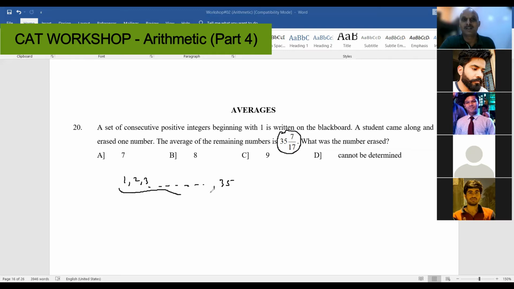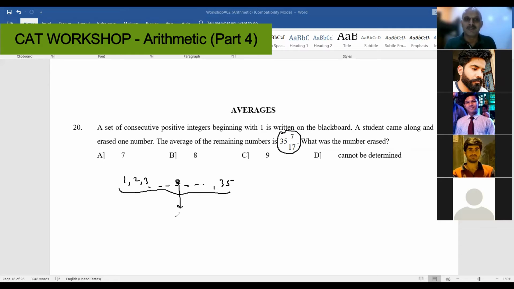The average of the first 35 consecutive natural numbers will be approximately the middle number because the terms are equally spaced. It's an AP series. Yes, sir. The middle number will be around 17 or 18 roughly. Yes, sir. So this argument is invalid. However, this argument will logically lead to the answer finally.